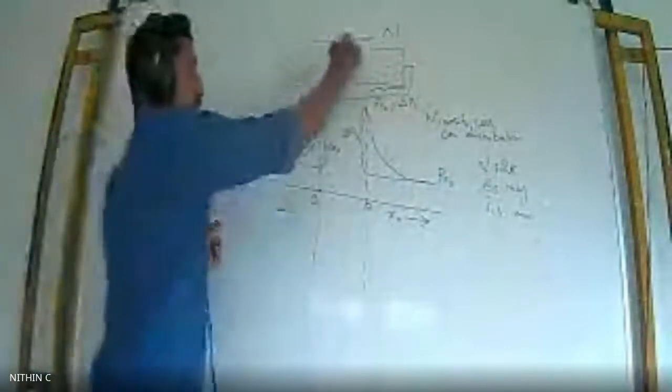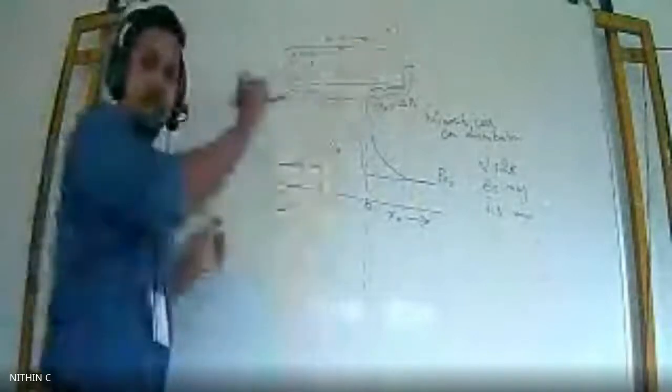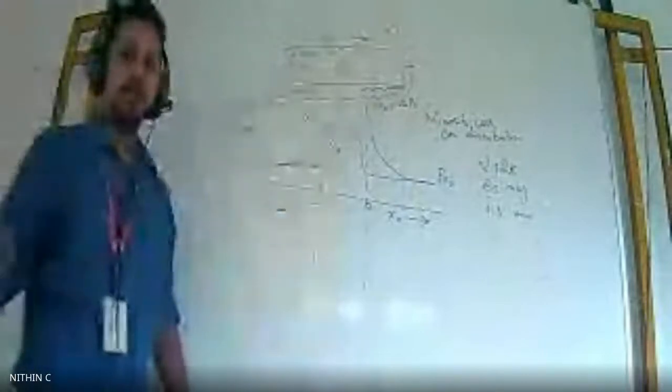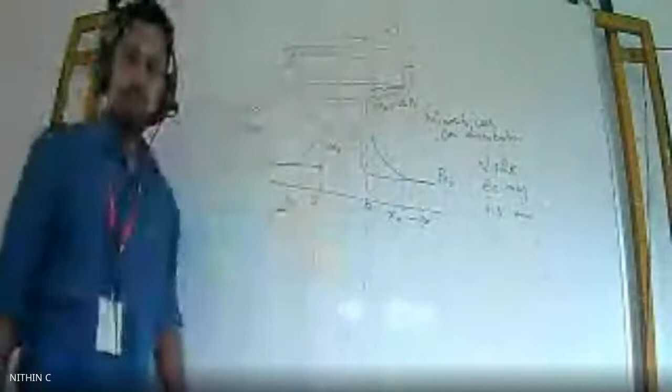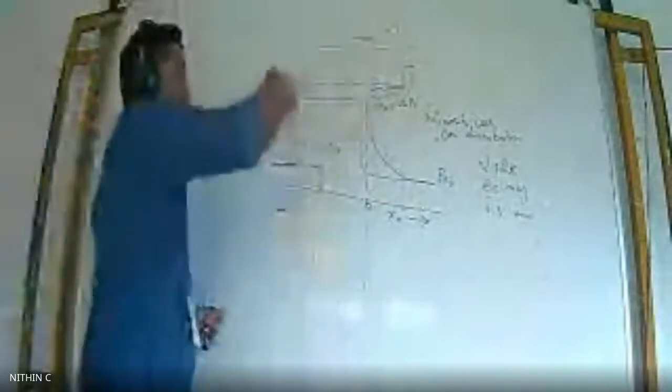So what happens is that these holes will reach this side, and on that side holes will be the minority carriers. So we can calculate the current value due to holes at this side. Clear? Plus the current due to the electrons reaching the p side. If electrons reach the p side, they will become the minority carrier on the p side.